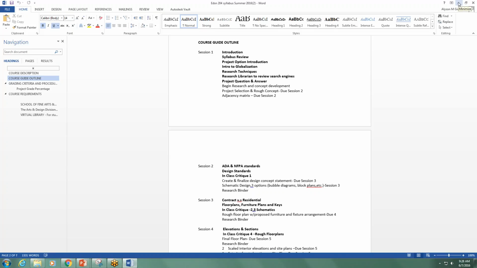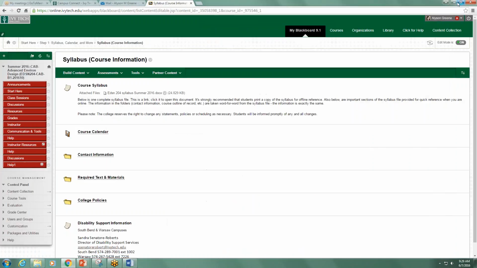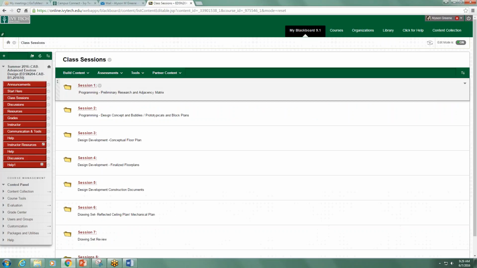So I'm going to minimize the syllabus for a second here and go back and take a look at how everything's divided on Blackboard. So I'm going to click on the left into class sessions. And we're in session 1, which is programming and preliminary research and adjacency matrix. So clicking on session 1,